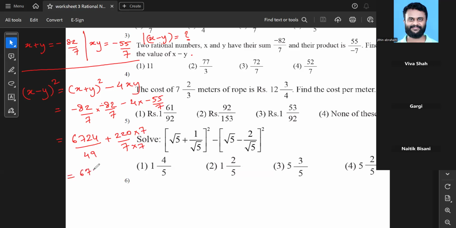That will give me the fraction 6724 upon 49. The second fraction, 220 multiplied by 7, goes as 1540 upon 49. So 1540 plus 6724 should give you